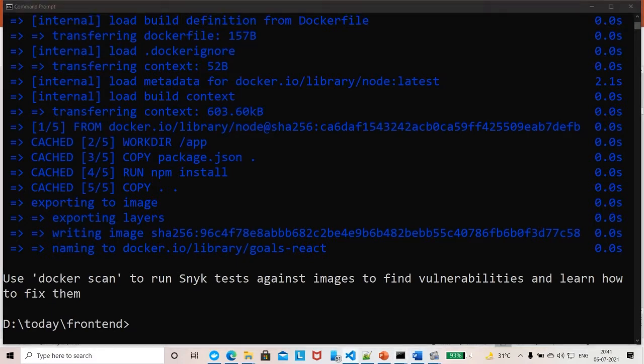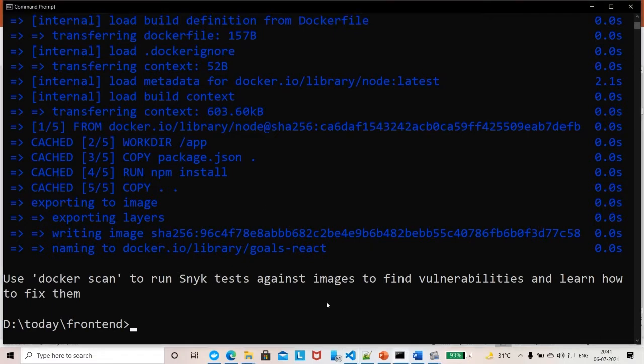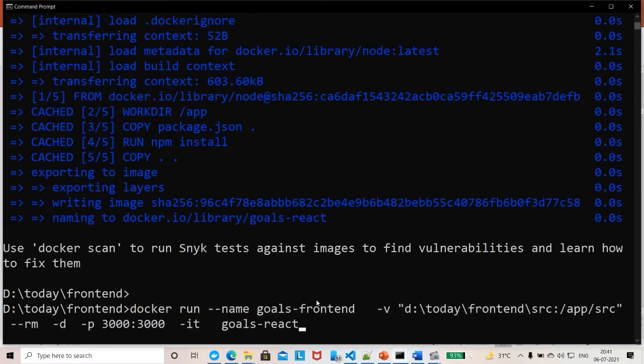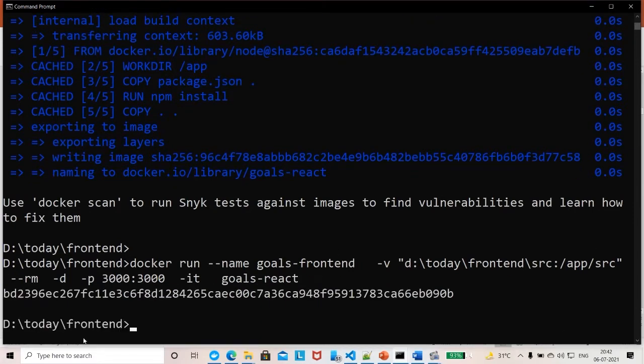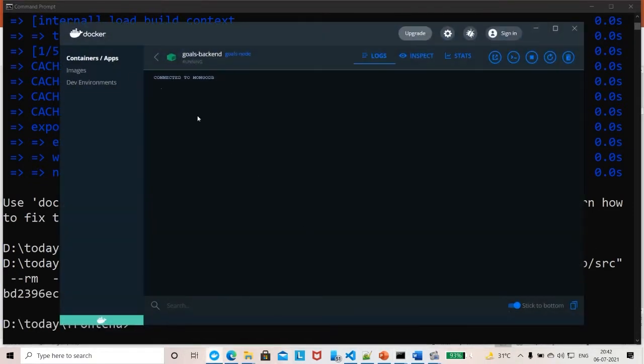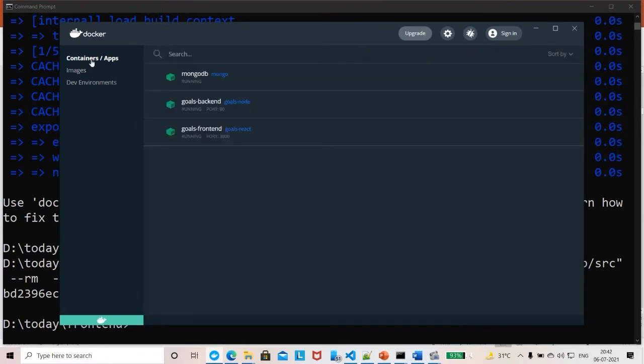Now we will start the React front end system. Let us see the Docker desktop. It is running. Let us test it.